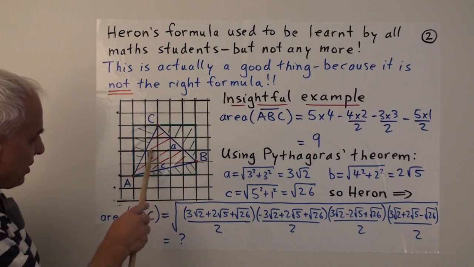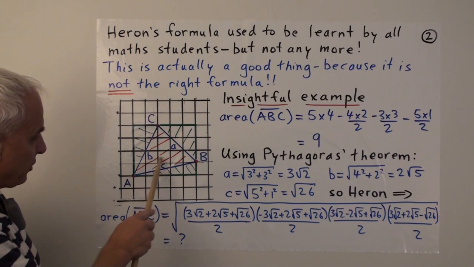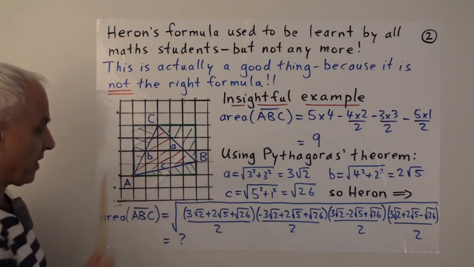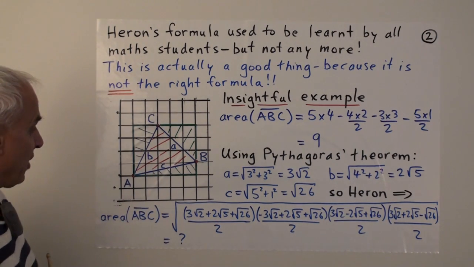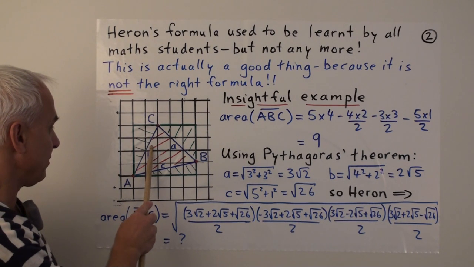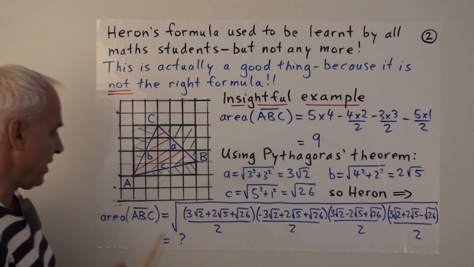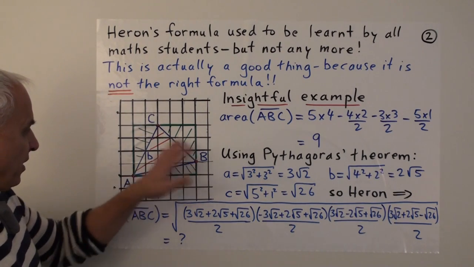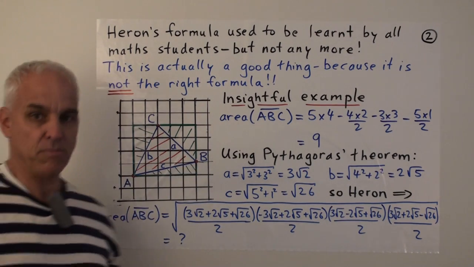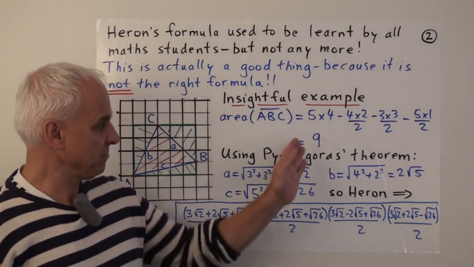Well, here you can see a little square. So there's 1 square, 2 squares, 3, 4 that are completely contained inside the triangle. And then there's a little bit of one here, here, some pieces left over. And we can kind of imagine that, yes, roughly, those are going to add up to something pretty close to 9. So it's reasonable.